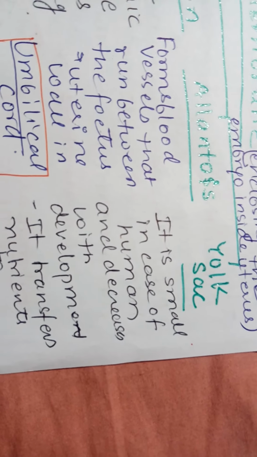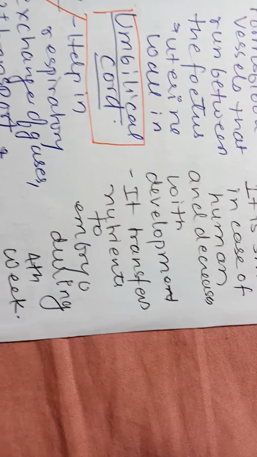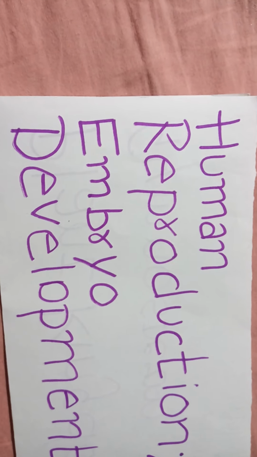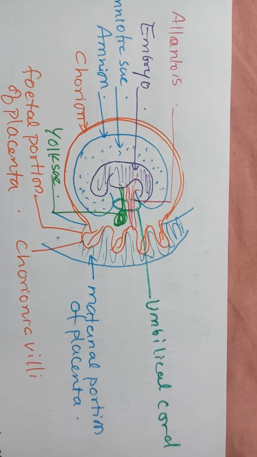The yolk sac is small in the case of humans and decreases with development. It transfers nutrients to the embryo during the 4th week. So not much role is there for the yolk sac. And now let's look at the diagram again. Okay, so here you can see